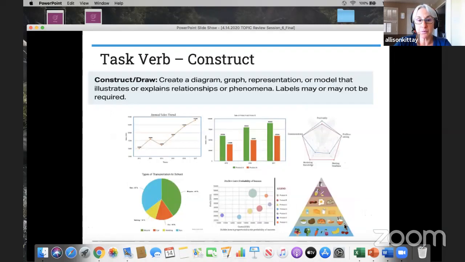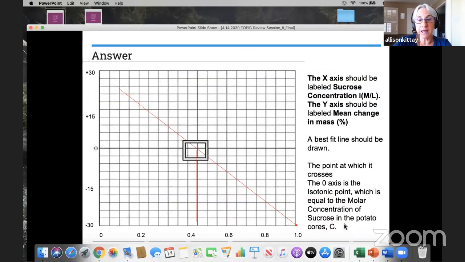sucrose. Oh, let me go back, because then what you would need to do is plug in your values, and don't forget your temperature value, and then determine the water potential, which is just equal to the solute potential. Okay, and the answer is there down there at the bottom for you to see after you try this on